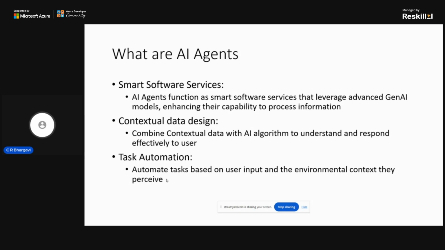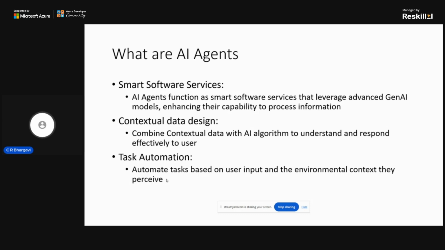Just the gist of it: an AI agent has generative AI capabilities involved in it, and it can have contextual data combined with the AI algorithm so that it can effectively give back to the user.